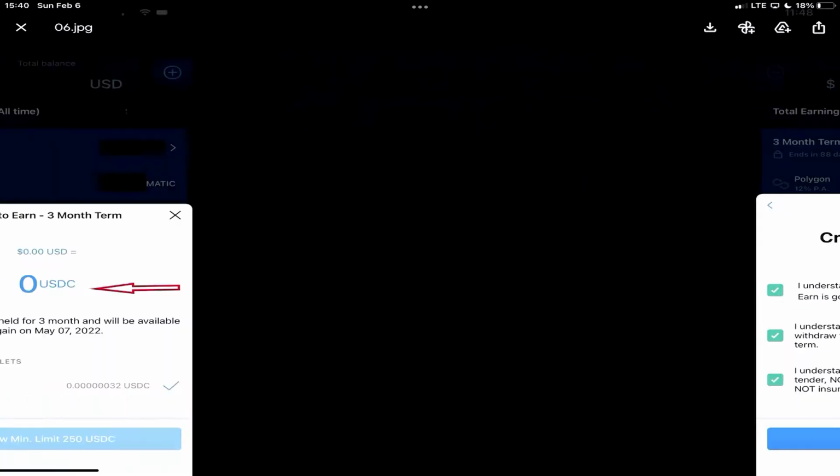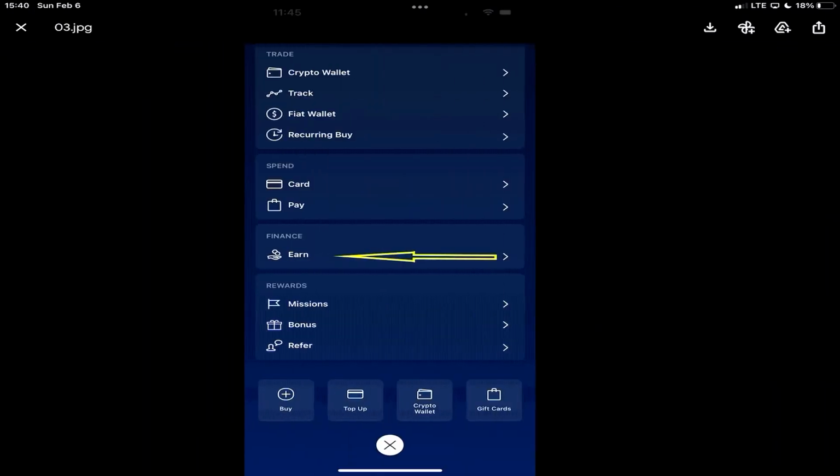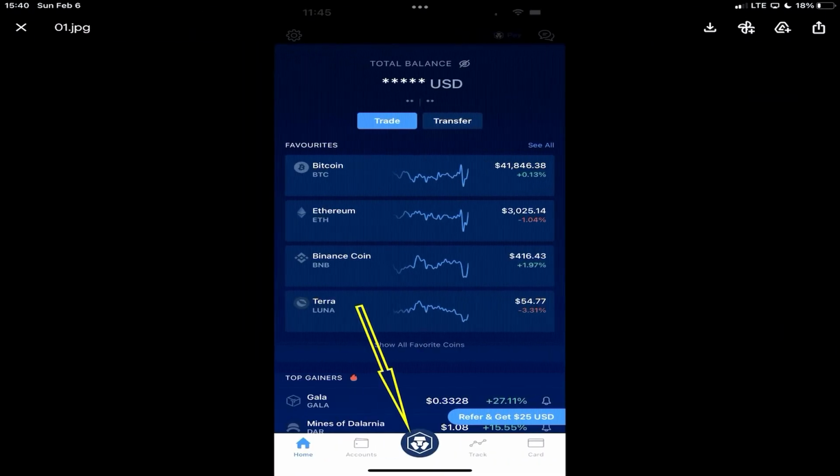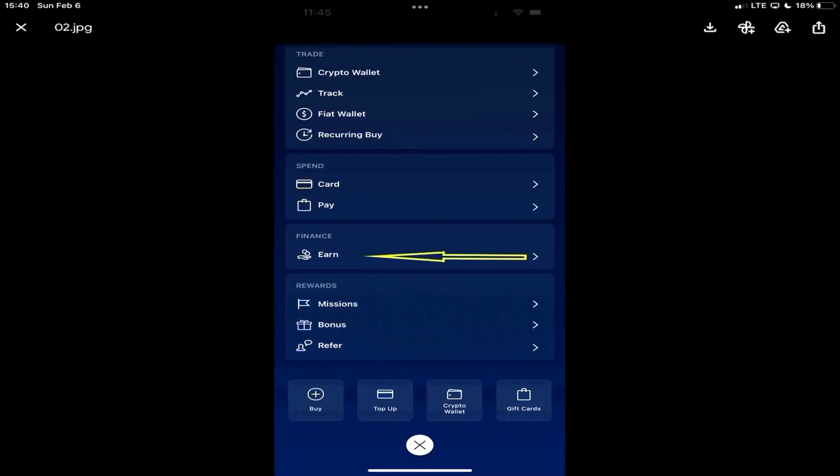And so taking us all the way back to the beginning, if you want to, back at your main page, if you want to review what you have sitting in there, you can go two directions. You can click accounts at the bottom, and you'll select USDC from there, and you'll see what you have staked will be part of your total USDC that you have. You can also choose the little CRO symbol at the bottom and go back here, and you'll be able to see what you have invested also. Yeah, so when you're trying to track this stuff, it's not confusing. Once you start doing it, it'll be easy.